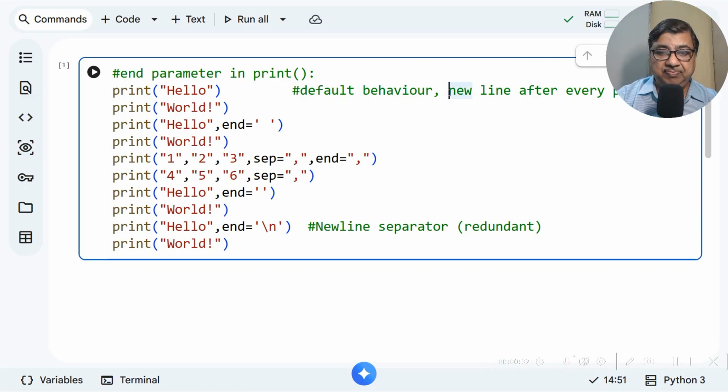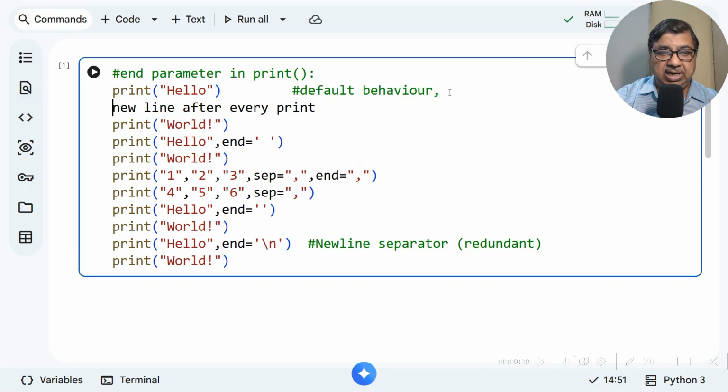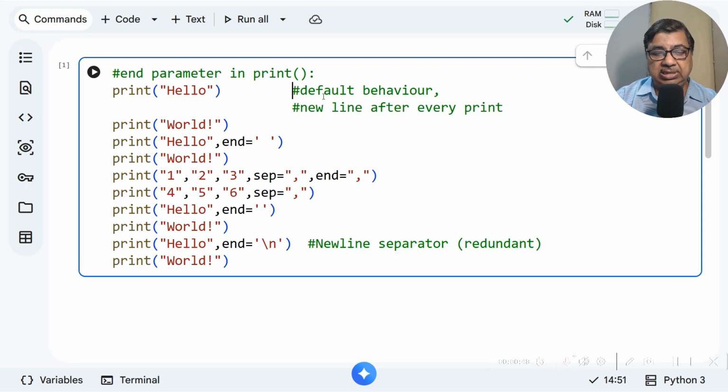New line after every print. That means after hello, a new line will come and then world will be printed. Suppose we want to change this behavior. So we want that after print, there is an end parameter.